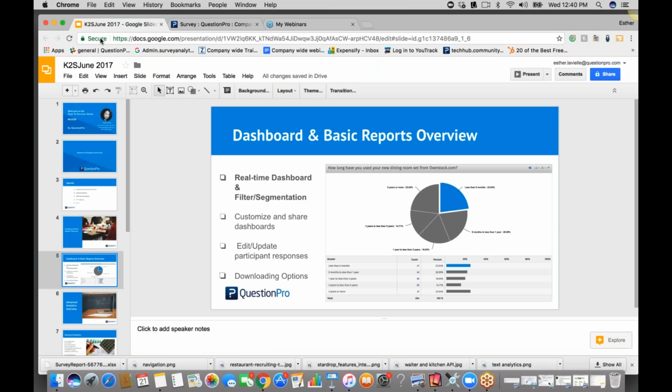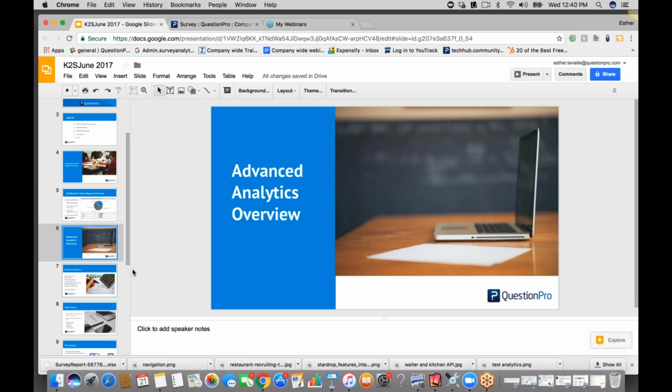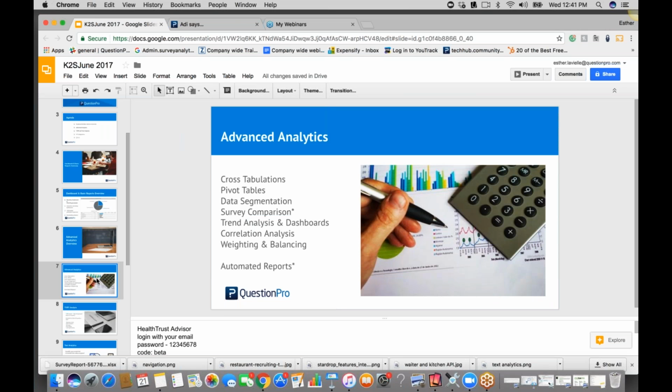Last thing here is that you can look at some more analytics options. So, advanced analytics overview: we're going to cover cross tabulations, pivot tables, data segmentation, data comparison, where to access trend reports, correlation analysis, weighting and balancing, and also how to set up automated reports to you. So instead of having to manually pull the reports, you can have them set up and sent to you daily,